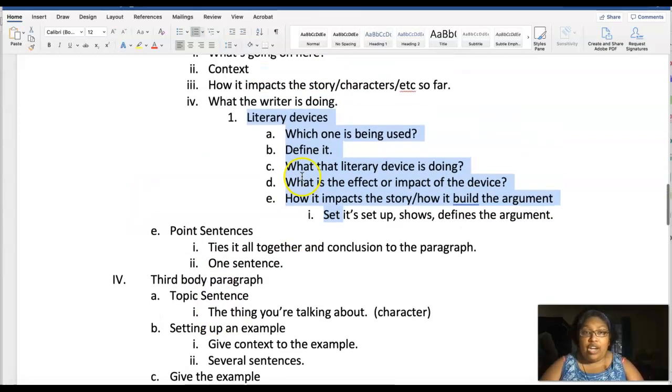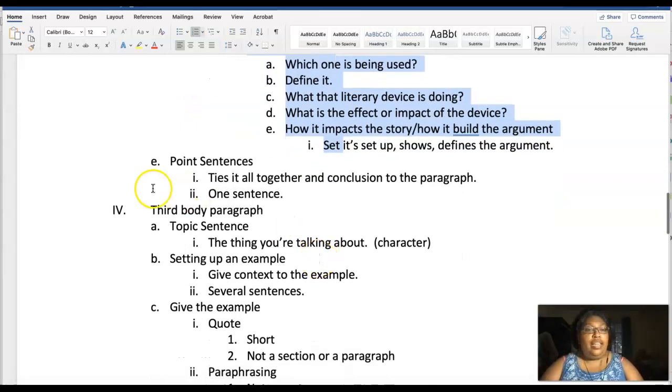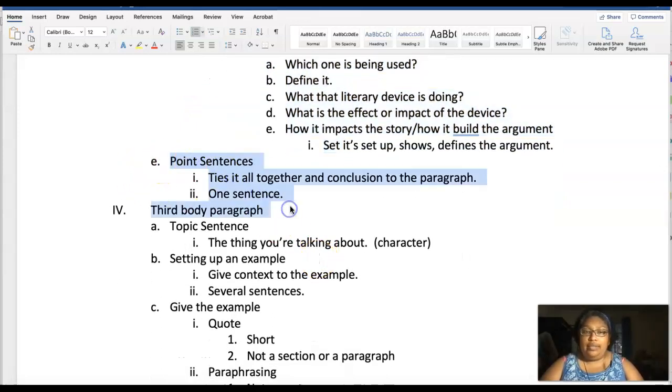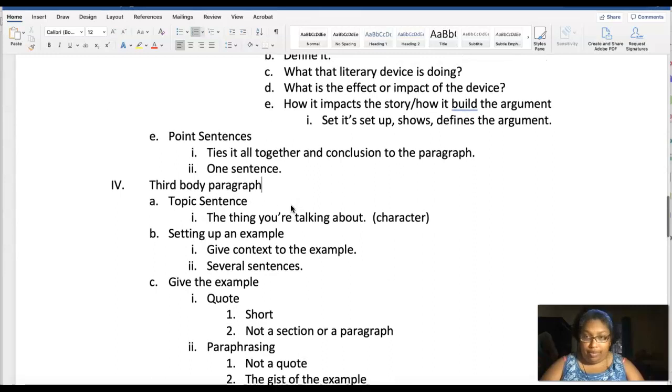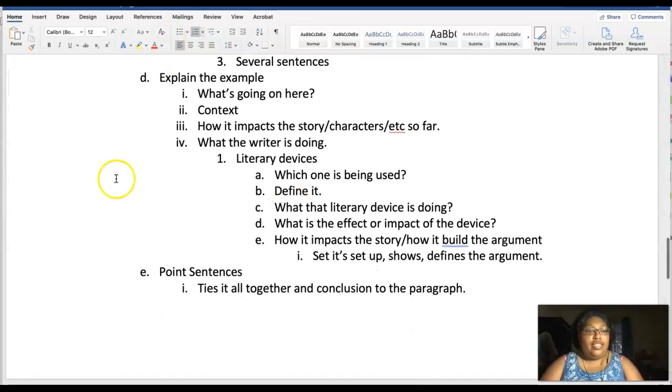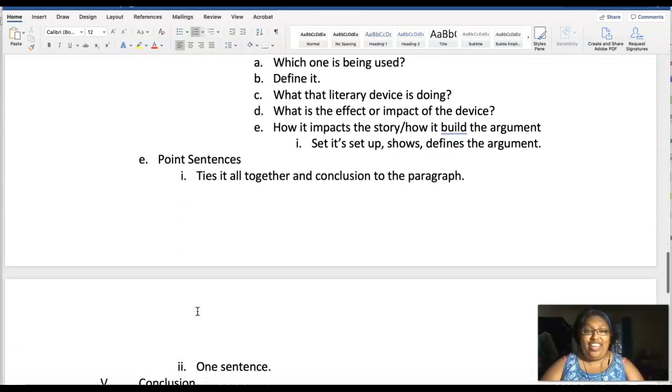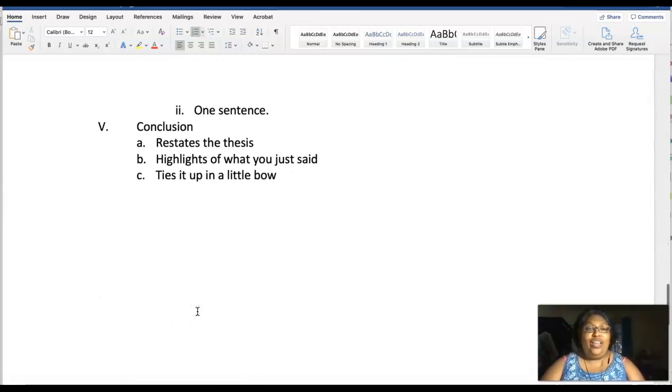And this is going to take a while, as you saw. And then the last is the point sentence at the end, right? A mic drop sentence, I should say. And that's it. That's pretty much what you do. You do it over and over and over again. So this